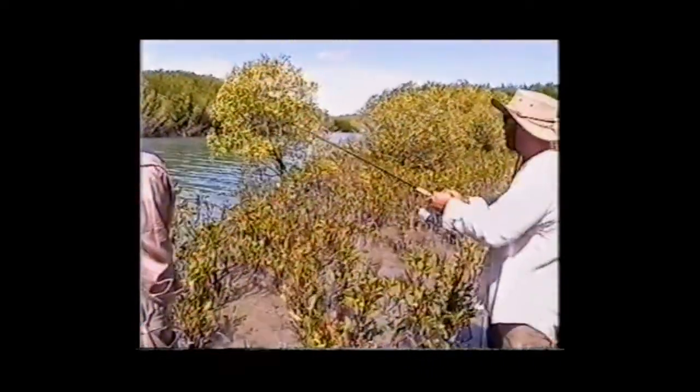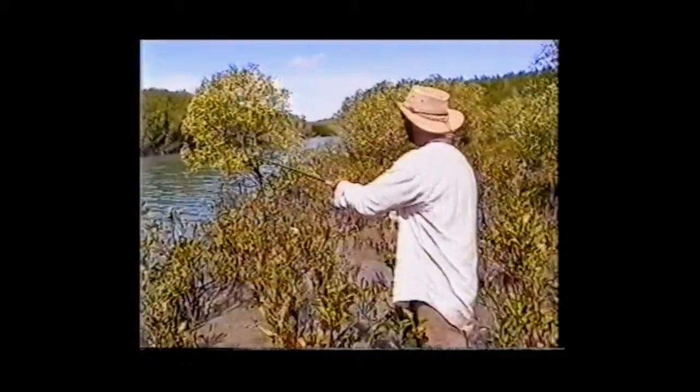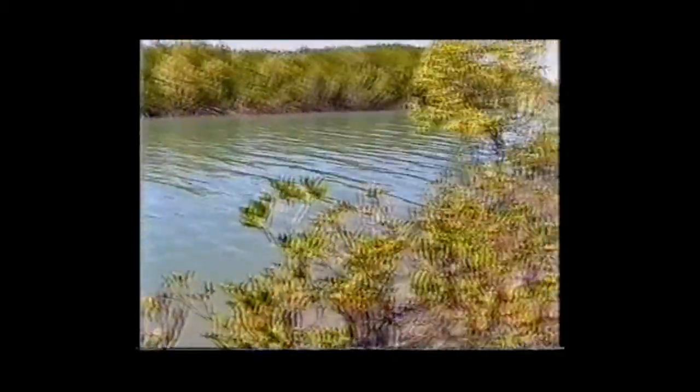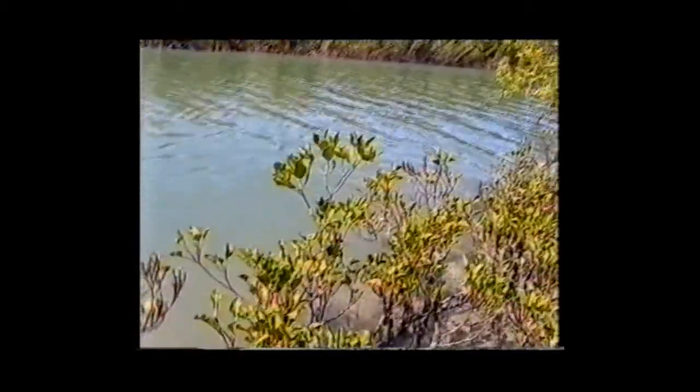So we're just waiting for the boys to catch one. I think Nick just blew one, didn't you, a second ago? I did. Yeah. So we're just going to sneak into this little creek and try and catch a few jacks. That was the plan of attack. He followed it up, did he? Yeah, he followed it right up. I'm just going to try and get an action shot here. It could be a little boring for a minute or two, but we'll just keep filming, because you can guarantee if I turn the camera off,